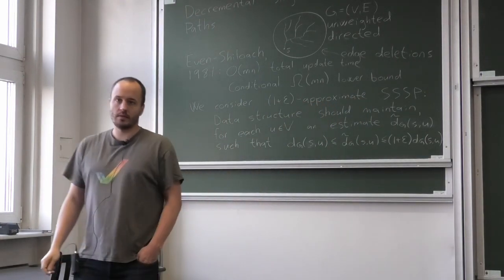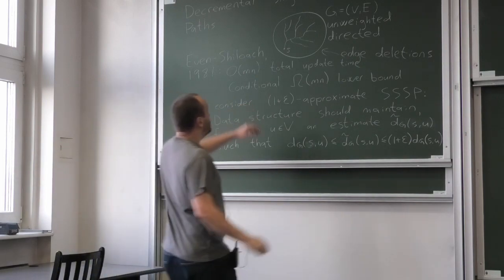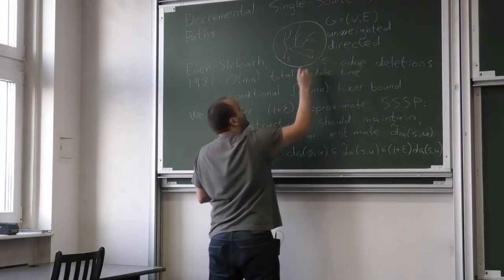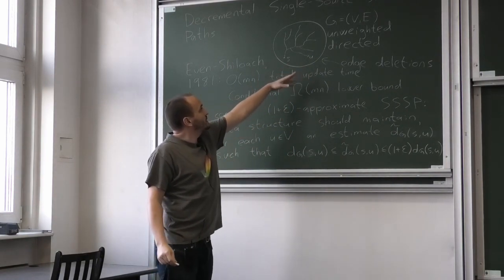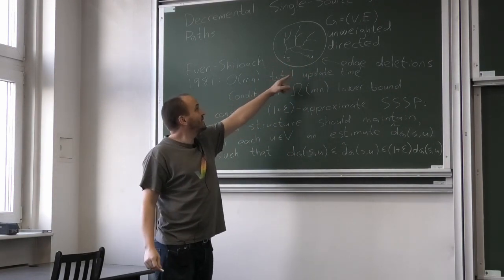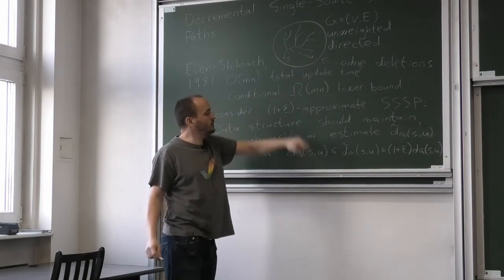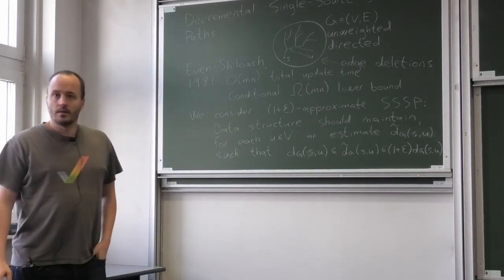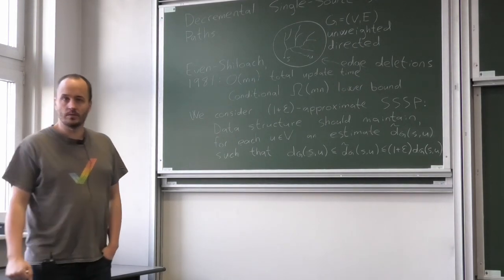Okay, so we want to maintain for any such u here. We're not maintaining a tree now. We're just maintaining approximate distances from s to u, satisfying these inequalities. Is this problem clear? This is what we want to do,